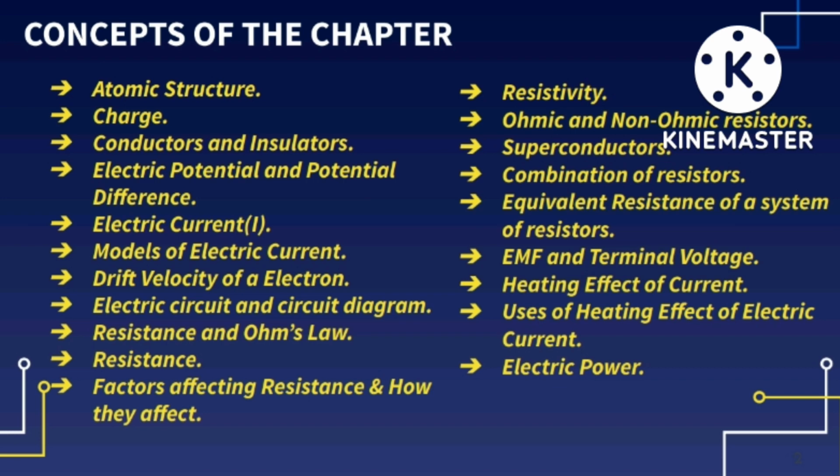Alright, and what is resistivity, what are ohmic and non-ohmic resistors. To be said in brief, ohmic are resistors which follow the Ohm's law and non-ohmic which don't. After learning the Ohm's law, you will get clarity about it. And also we are going to know what are superconductors, what are the different combinations of resistors that we can connect them into, what is the equivalent resistance of a system of resistors, what is electromotive force and the terminal